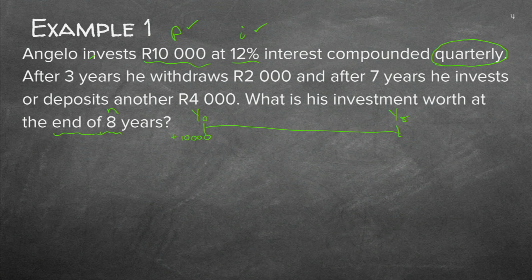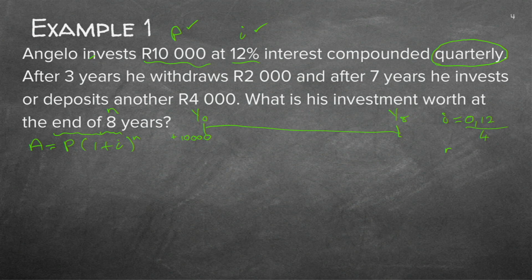Good. So this 10,000 Rand is going to be for the whole 8 years. So I'm going to start off now. I'm just going to do the basic formula here. P, 1 plus I to the power of N. You all know that formula. But before I do that, I need to make sure that my I and my N is the same. You remember? So I'm going to write my I here. My I was 12%, so 0.12, calculated quarterly. Now, if you want to, you can say it's 0.03, but I'm very afraid that you're going to say 0.3, so I'll rather just leave it like that.